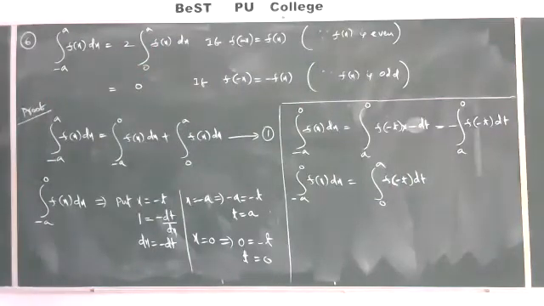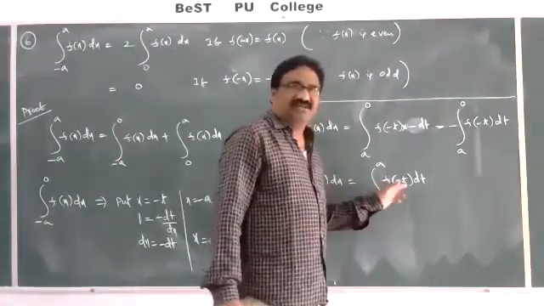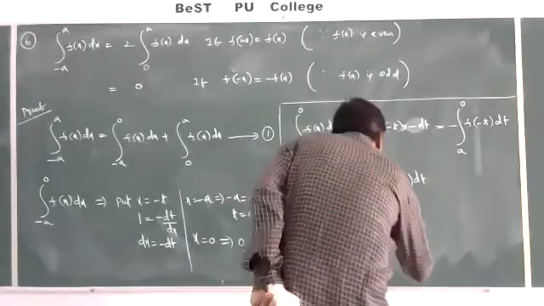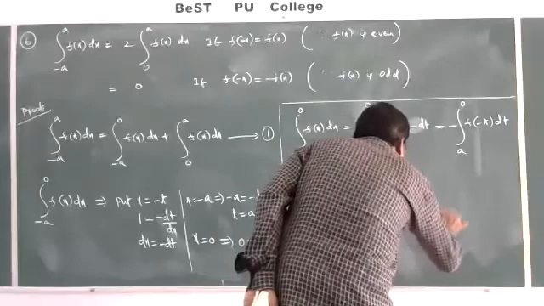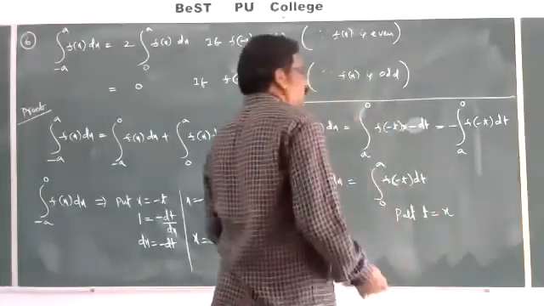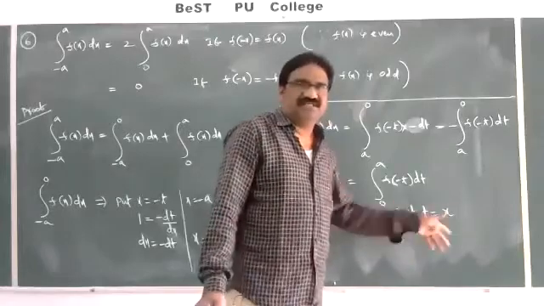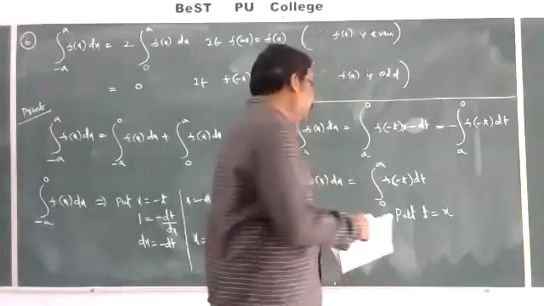Integral from minus a to 0 of f of x dx is equal to integral from 0 to a of f of minus t dt. So again, substitution: you convert the t in terms of x, the same process. Put t is equal to x, no change, dt is equal to dx, limits should not change, that is, directly write